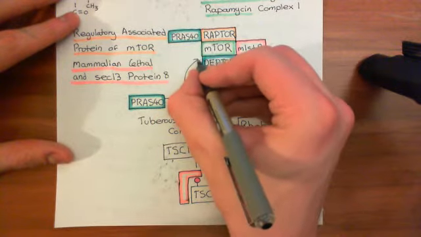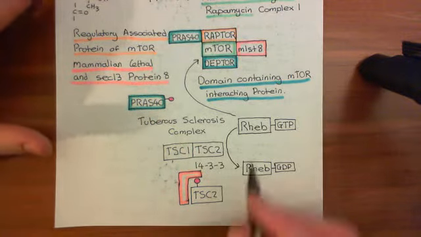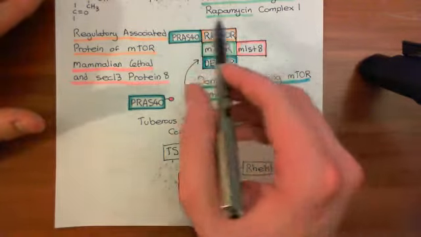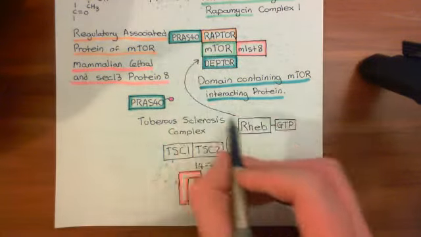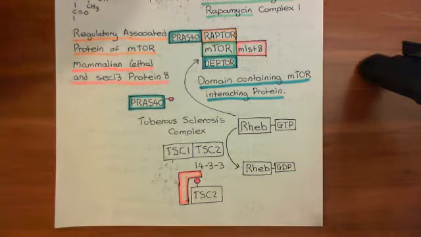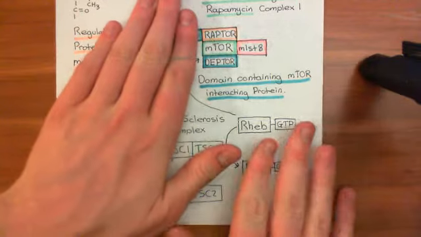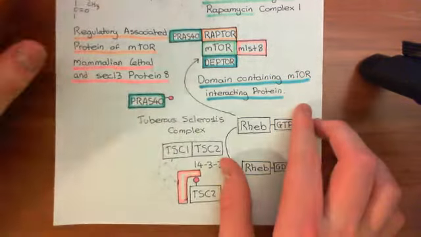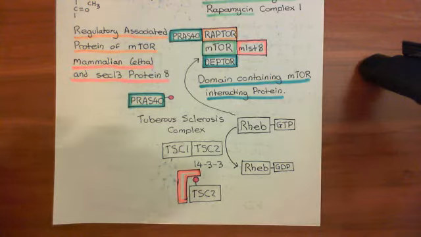Rheb G protein in the on state then somehow activates the rest of the mammalian target of rapamycin complex, and this is the stage that isn't known, that isn't understood at all. Basically, we don't know how Rheb GTP accumulating within the cytoplasm turns the mammalian target of rapamycin complex 1 on. Okay. But then the overall effect then now is that we have this mammalian target of rapamycin complex 1 turned on, okay? And we will come back to discuss what this does right at the end, but basically it is